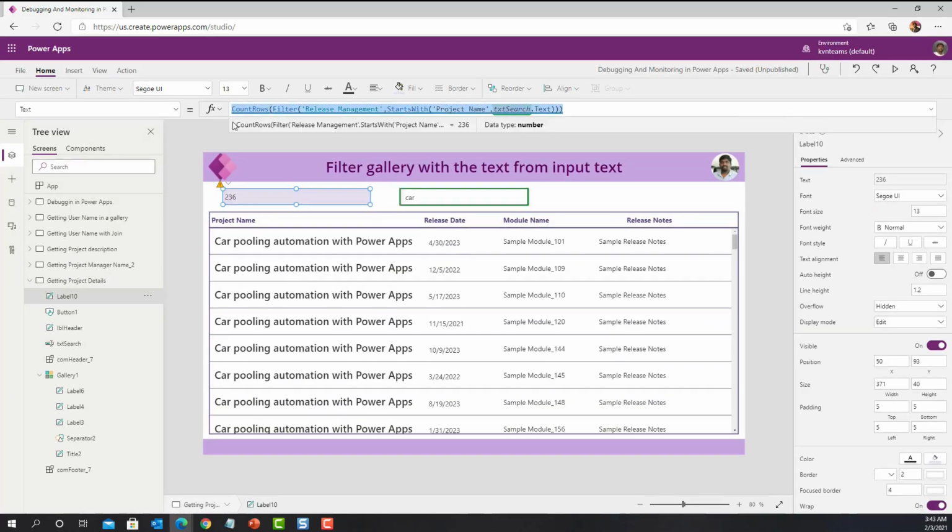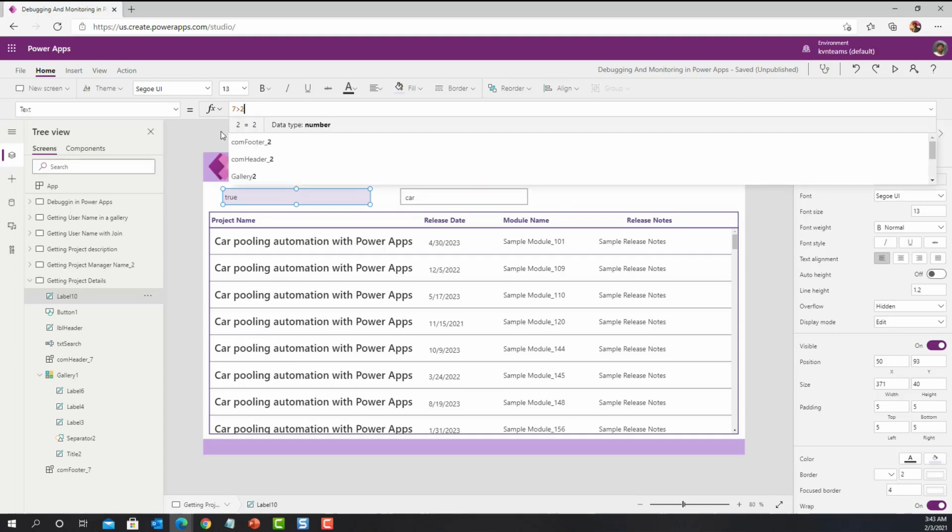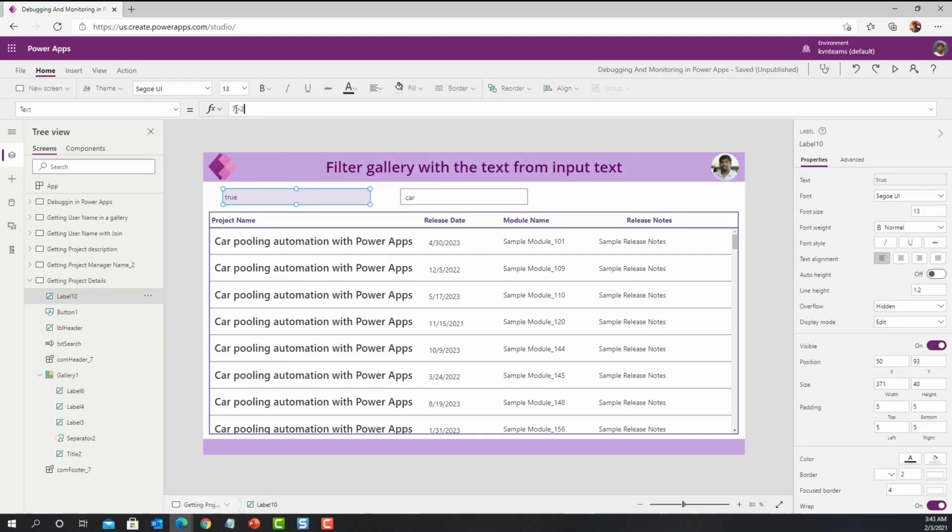With the help of label, not only filter or count rows, I can do if conditions also. Any conditional statement, say like now if I say 7 greater than 2, which is a true case, I see the result as true. And if I say 7 less than 2, it is a false case, so I see the immediate result as false. Which means that if I am writing a complex if condition, and I want to ensure that the if condition is right or wrong, the quick way to debug that if condition is to copy that if condition and put it as part of the text value for a label, which eventually shows whether it is resulting in a true value or a false value.